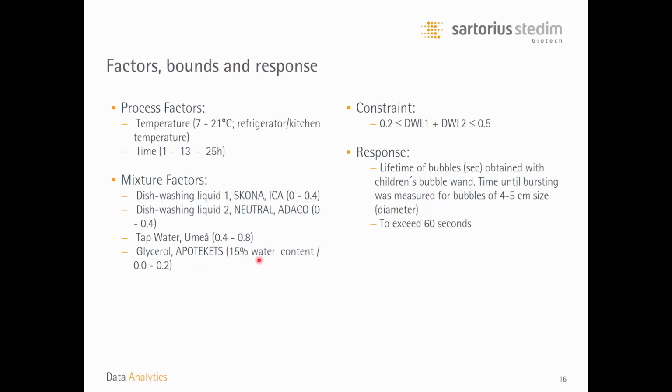In addition to these restrictions, there was also a so-called relational constraint specifying that the sum of the washing up liquids ought to be between 20 and 50% all the time. We also had 2 so-called process factors, which was the temperature of the bubble formation when blowing the bubbles,